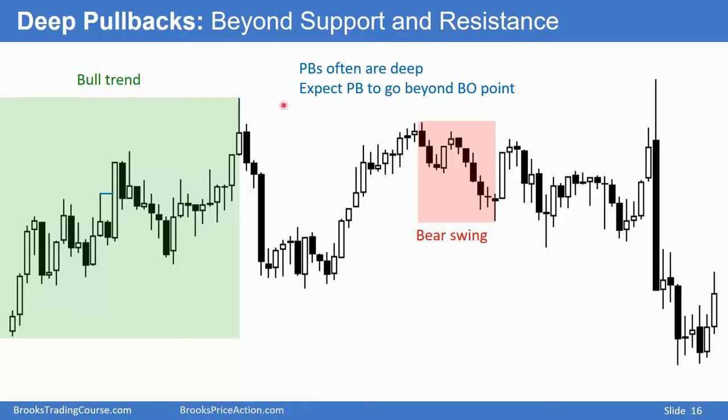But because of all the trading range price action, traders will assume that this bear breakout will pull back above the breakout point, which it did. We have a bull swing and an attempt at a bear reversal, but it turns out it was just a deep pullback from this rally. Pullbacks are deep, so the market makes a big move up, gets a deep pullback down. Market makes a big move down, gets a deep pullback up.